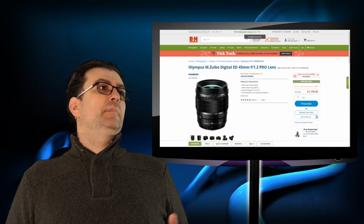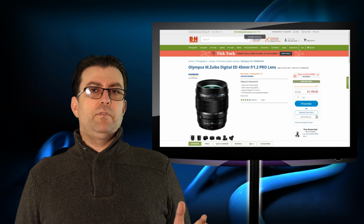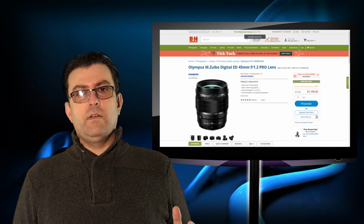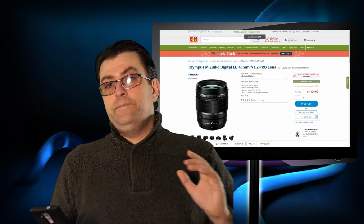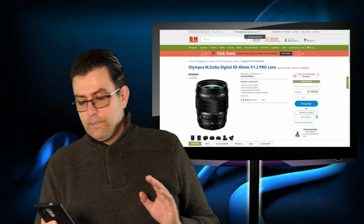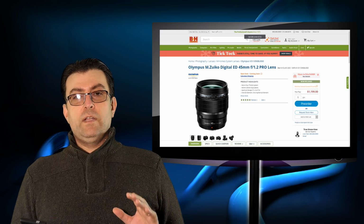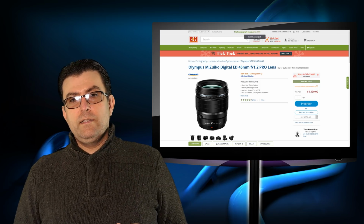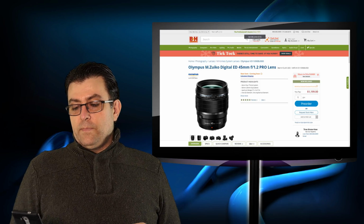And let's not talk about manual lenses, because you can have manual lenses in both systems. You can have them in Olympus, in Sony or Panasonic, but we are not talking about manual lenses now. Anyway, I would like to mention two primes. These two primes are manual, and I would like to mention them because they are outstanding. They are outstanding image quality wise, and they are outstanding aperture wise as well. And these two primes would be,